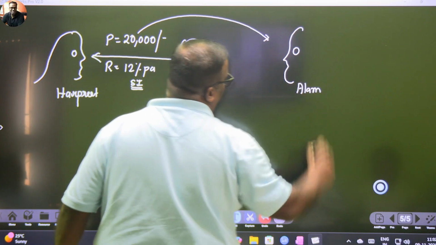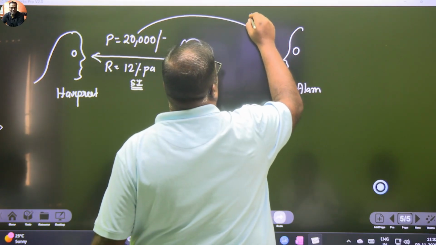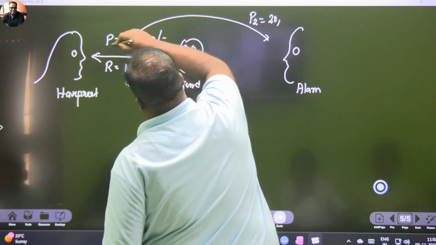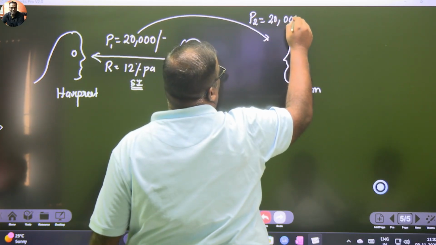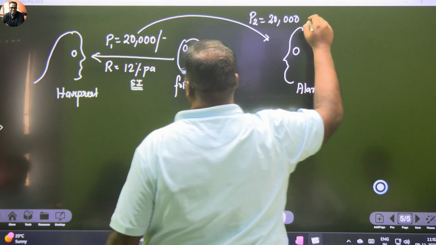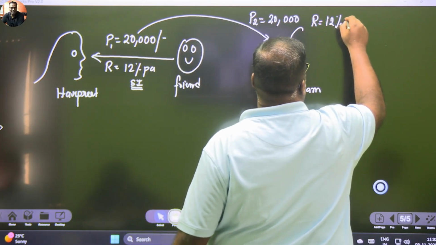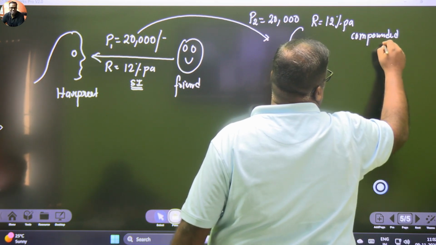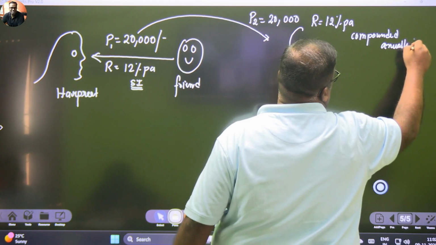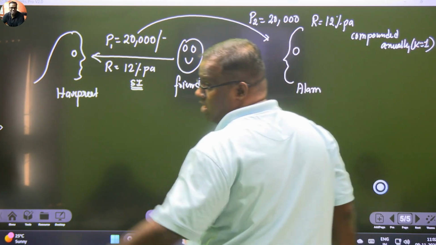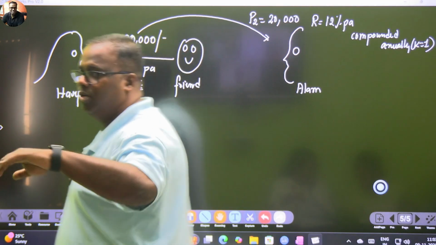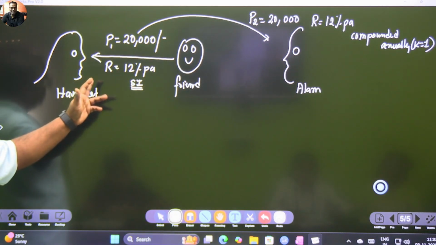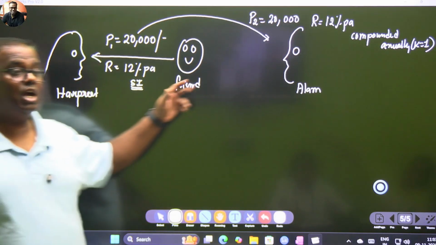How much did she lend to Alam? At the same rate. P2 is again the same amount. This is P1. P2 is the same amount. The rate is the same, 12% per annum, but compounded annually. Annually means here K's value is equal to 1. Did you understand now, Anay, why K is 1? Compounded annually. Now look at this girl. She's so clever. She borrowed money on simple interest, so she has to pay at the end of the day, but she's charging